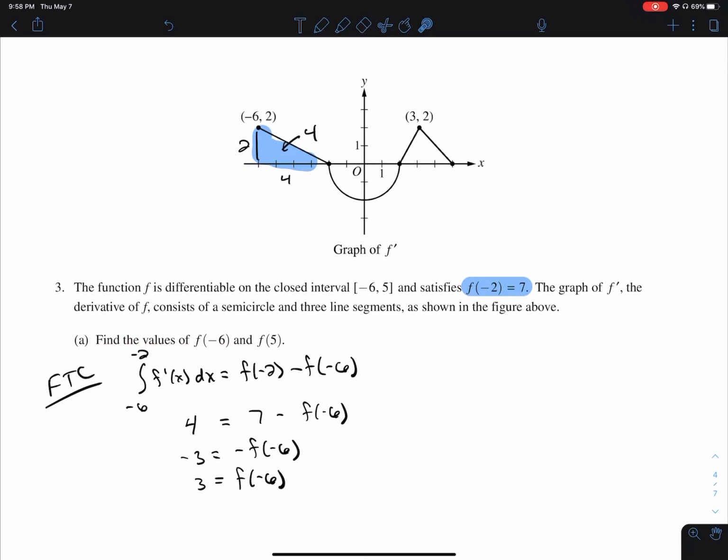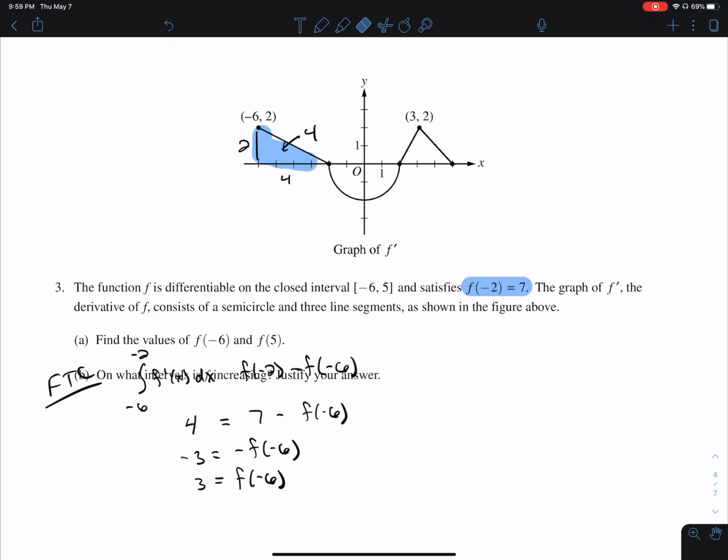In order to figure out what f(-6) is, this is the original function, which we don't have. We just have the derivative. We need to integrate f prime, this graph here, from -6 to some number. Now, it can be any number that we choose, but we want it to be a number in which we know what the y value is for the original function. So I'm going to choose -2. So if we integrate from -6 to -2, that's what we see here, that's this blue part,